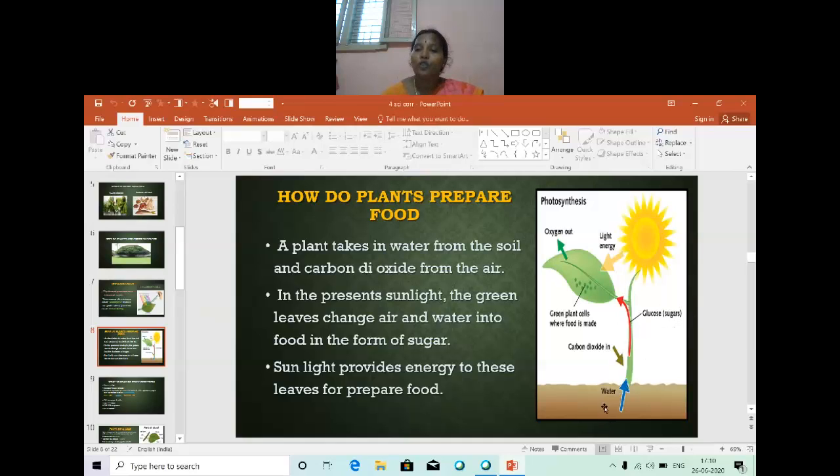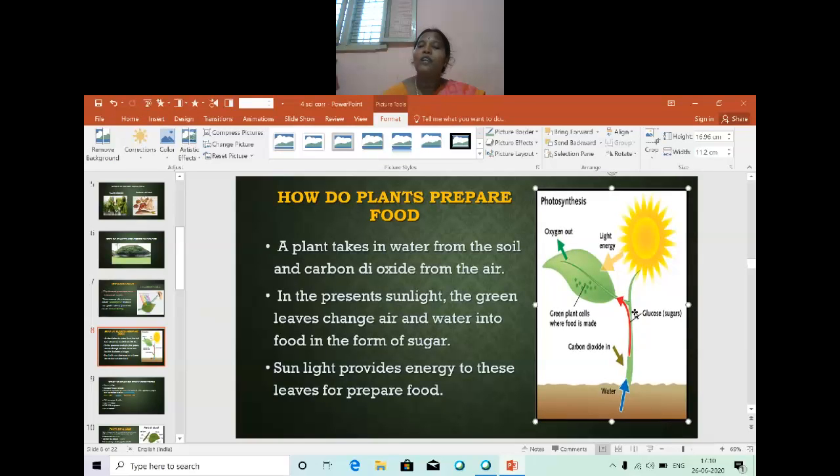Are you clear? The root absorbs the water and minerals from the soil, it rises through the stem carrying the water and minerals from the root, and transfers them into the other parts, into the leaf. The leaf has chlorophyll green pigment, and this green pigment gets the carbon dioxide from the atmosphere, and with the minerals and water putting together, they get the energy from the sun, all the things putting together, and they make the food.